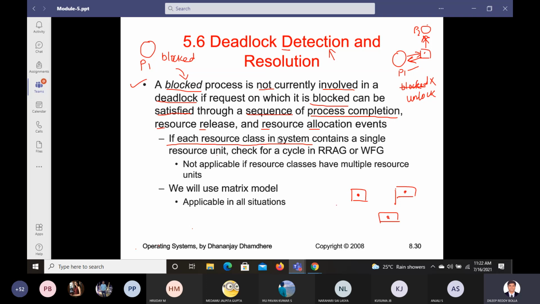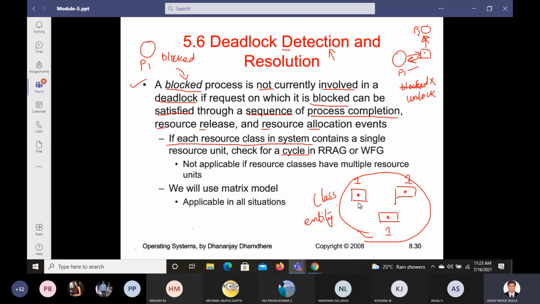Each resource class in the system contains a single resource unit. Let us say this complete thing is a class, like an entity. In this entity, all the resources have only one corresponding resource unit. Then it will check for a cycle.